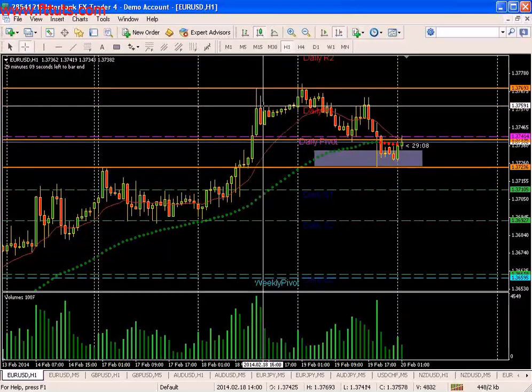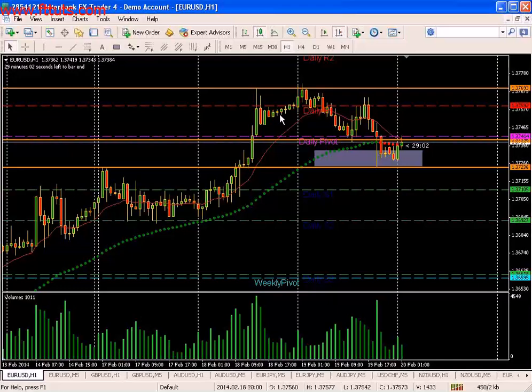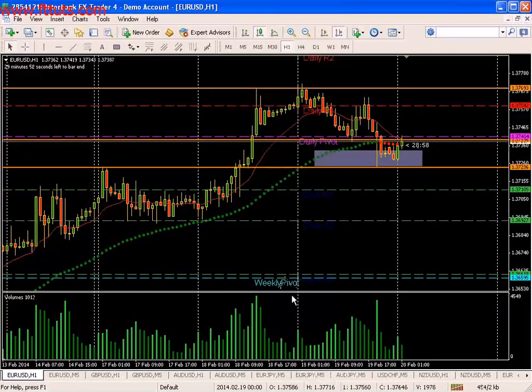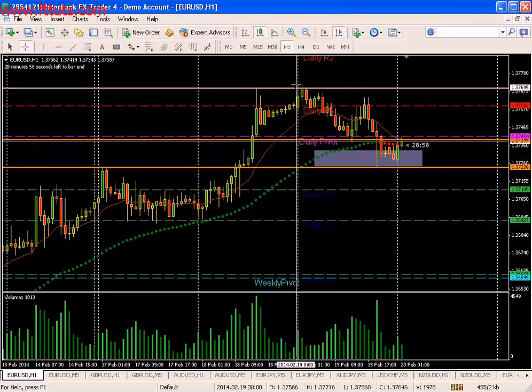But at this point, after this weakness had shown up, it got late in the day. See 16 GMT, 17 GMT. And really at that time, I don't want to enter any fresh positions. This is a good example of why. It just sort of floated up with this short bias now. So, the activity is just not there. It's off hours. So we see at least the start of the next day, Asia Open, that we test this